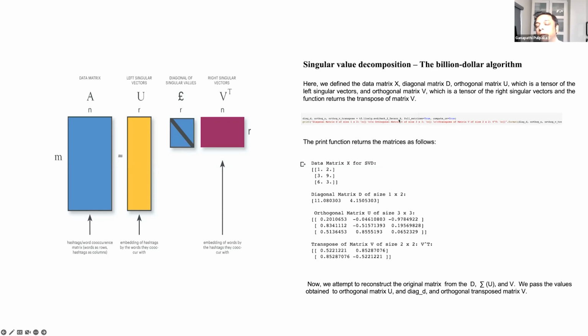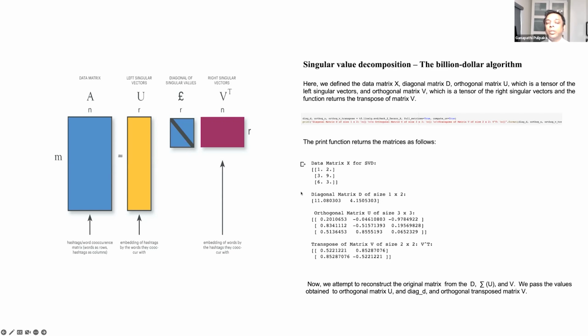We just created it, and we're going to switch on full matrices as true. We're also going to switch on compute UV as true as well, and we're going to simply print it after that. It's as simple as that. We just pass these values, and it's going to give us our SPD that we just created, and then it's also going to compute the diagonal matrix for this.